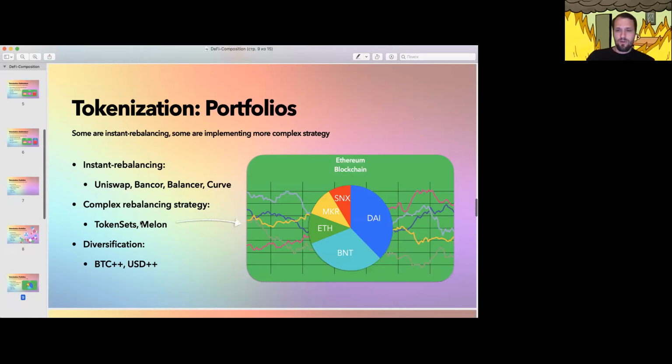Yeah, so this is how your position should look in complex rebalancing projects. So proportions could be changed. Some internal rules could be based on chart primitives like RSI, SMA, and others. So these smart contracts could analyze price, how it changed, and decide if they want to sell some token or buy some token, and then they could create some kind of auction